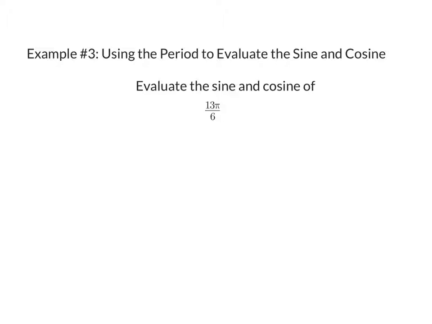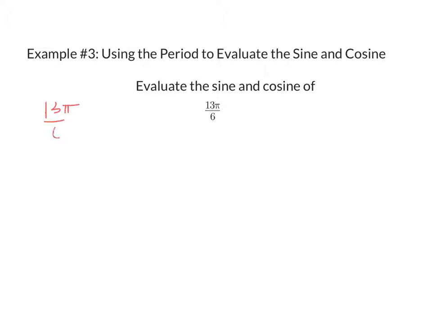Because 2 pi, the equivalent to 2 pi with the denominator of 6 would be 12 pi over 6. So 13 pi over 6 is just a little past 12 pi over 6. Now I can either use logic in knowing what quadrant it falls in, or I can mathematically figure that out. And again, I would rather mathematically figure it out just so that I can be sure for sure what quadrant it falls in. So again, 13 pi over 6,